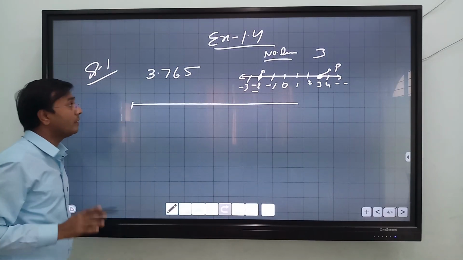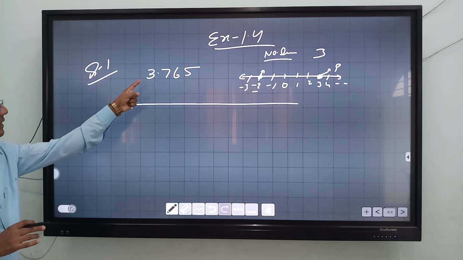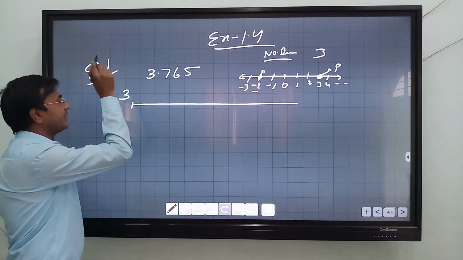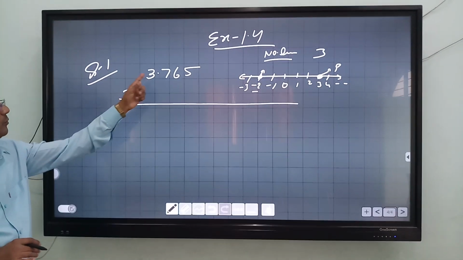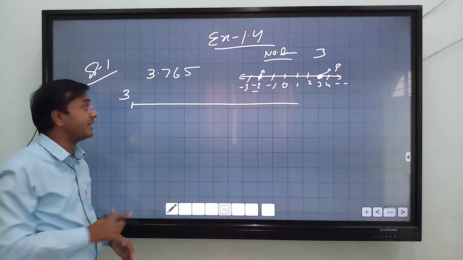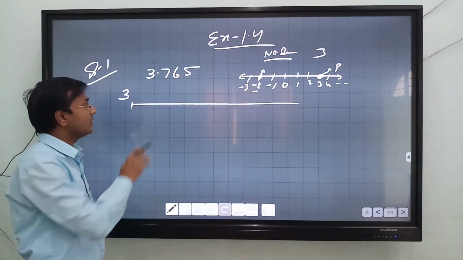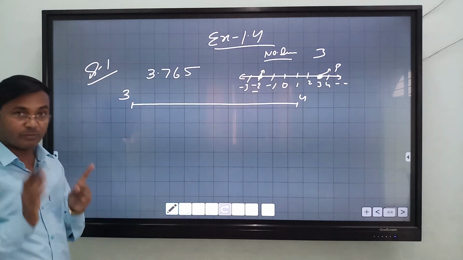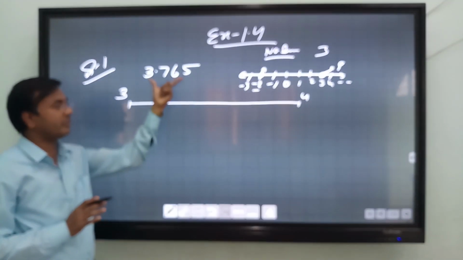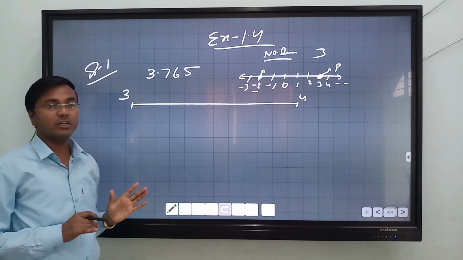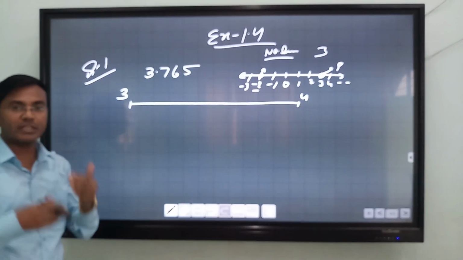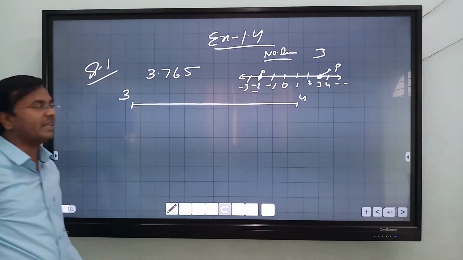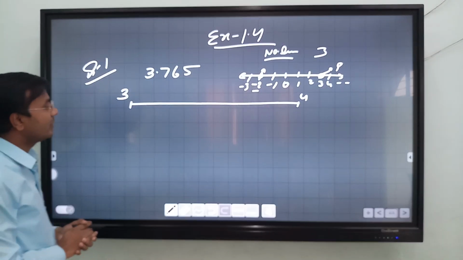So see, the method is, let's start from this. Clearly we have to see the number is 3 point something, so this number must be greater than 3. Are you sure? 3.765 means the number is greater than 3 and it must be smaller than which number? 4. So we conclude this number is clearly lying between 3 and 4, because it is 3 point something, and 3 point something means the next integer will be 4. So it is definitely less than 4. So we know this thing. Now